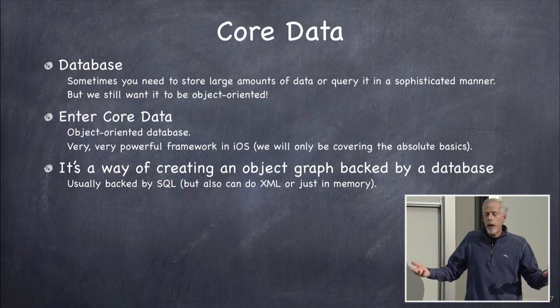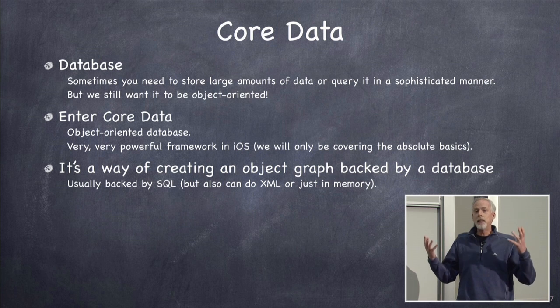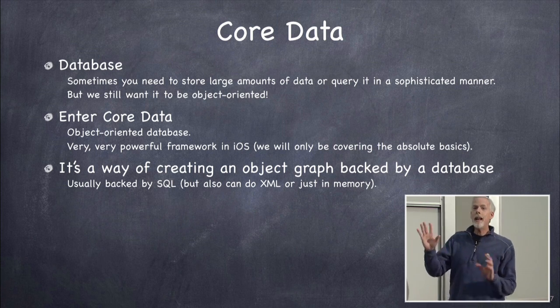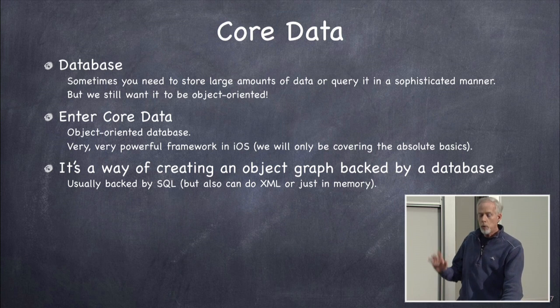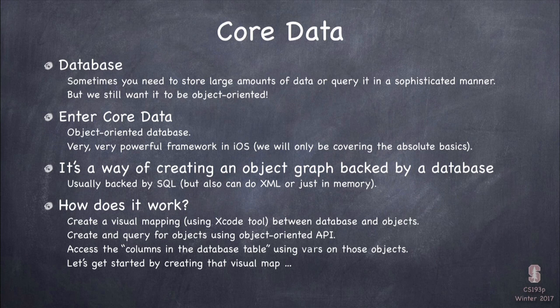So if we had to do databases in our iOS app using SQL, we'd be like, oh no, I have to learn this whole query language, and how am I going to do this? Not to worry, we don't have to know any SQL to use Core Data. No SQL whatsoever. We're just going to do this purely on the object side. So how does Core Data work?